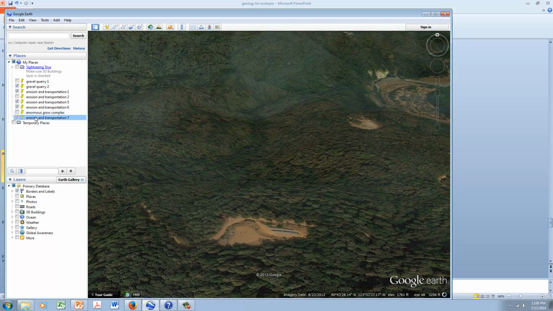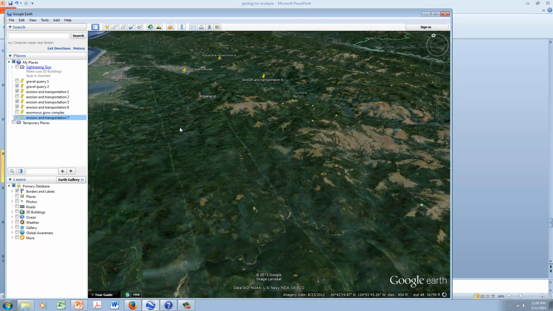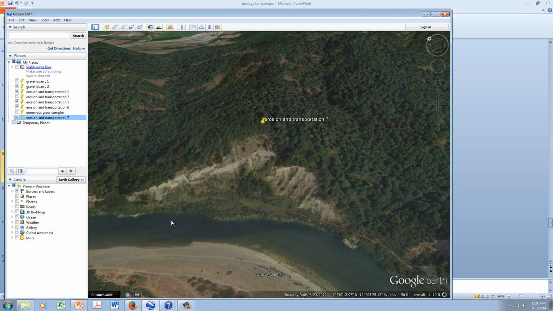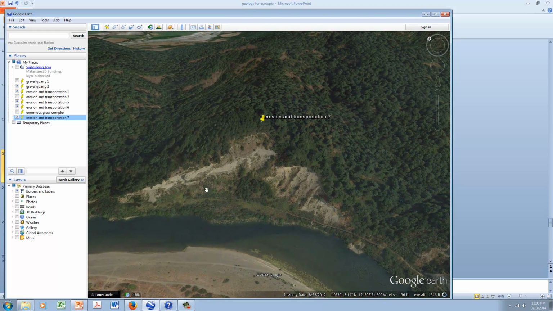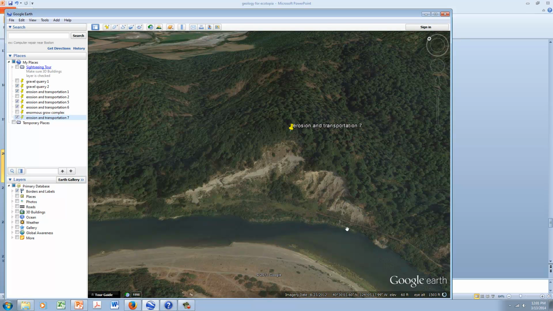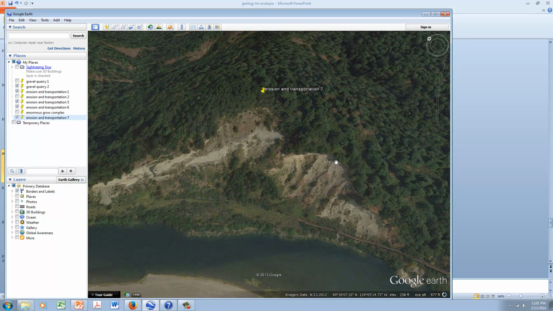Anyway, let's go to one last example of erosion and transportation. Just outside of Rio Dell, as you take Highway 101 south and you look across the Eel River, on the other side is a great example of a steep river cut. The river cut this, maybe accelerated a little bit by an old railroad or road, and it's eroding directly into the river. The Eel River has one of the highest rates of natural erosion of any watershed in the world, and that's because it's in the Franciscan melange, and we'll talk more about that in a moment.